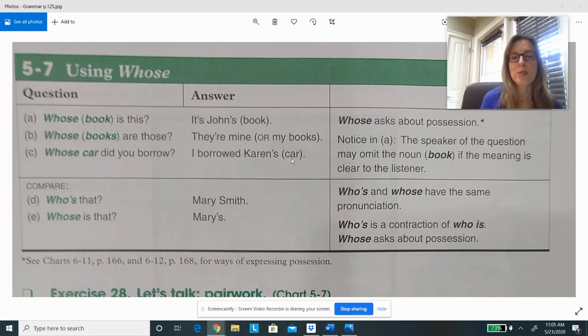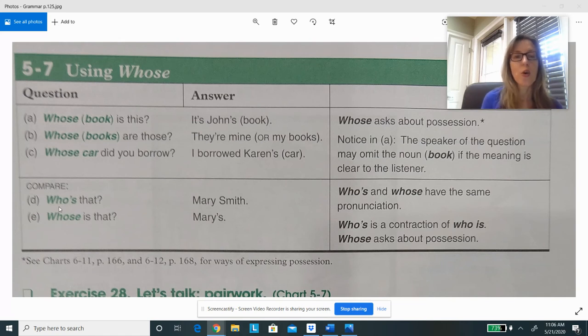So sometimes when we're speaking, we don't have to say the noun that follows the possessive. Most of the time, we do use it, but not always. It's understood. Okay, and so finally, I want you to make sure you do not confuse this whose with this